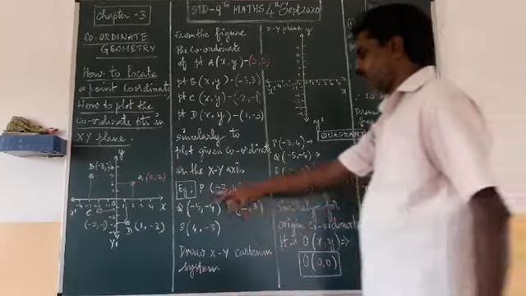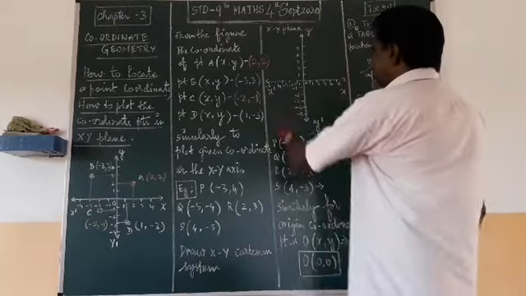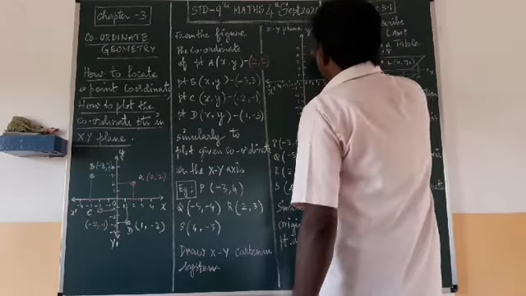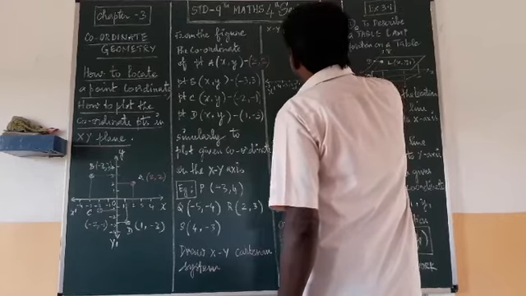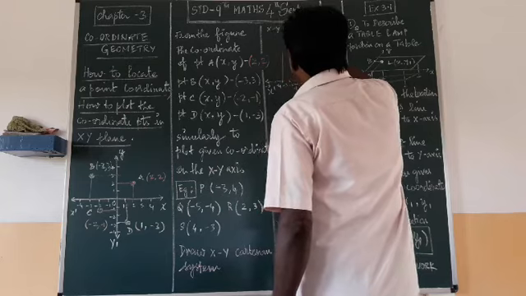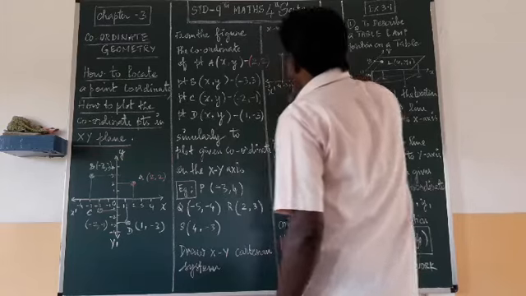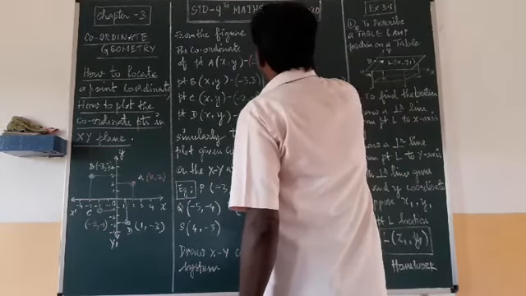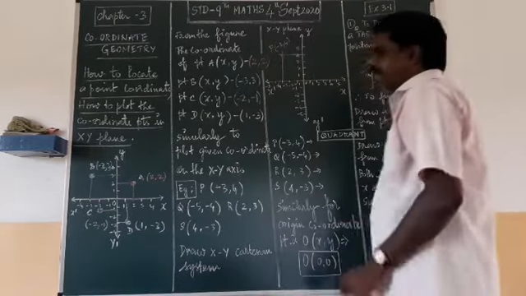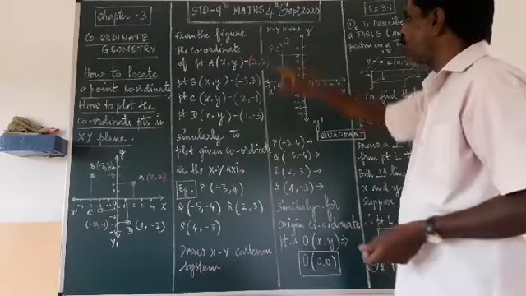Okay, now what is the first point P? It is given as -3, 4. Where is -3? It is on the x-axis in the negative direction. Then 4 is in the positive direction. So I draw a perpendicular line here at -3 and a perpendicular line to the y-axis at 4, intersecting each other. This point is our point P. So P equals, in the bracket, -3, 4. Always the first number and the second number represent x comma y. So point P is located.